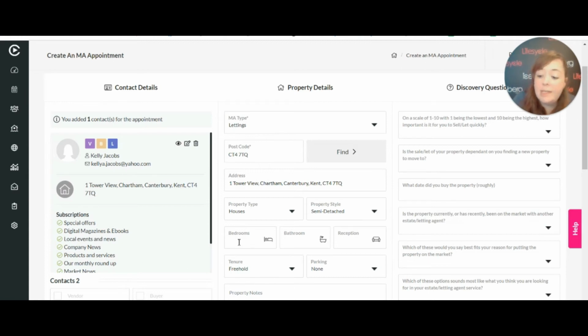Down below, you'll need to add in your bedrooms, bathrooms, and receptions. Your tenure. Property notes, again, are not client-facing, they're internal. We do recommend asking and getting the answers to these particular questions over here. They can be set up to be anything that your company owner wants them to be. And they shouldn't be asked like a tick list. They should be asked like a